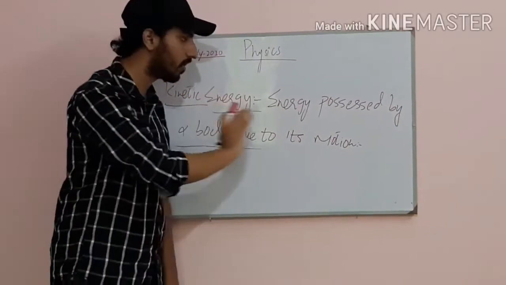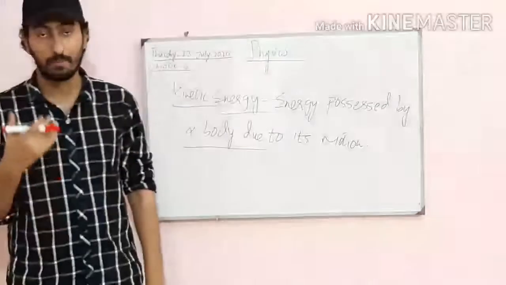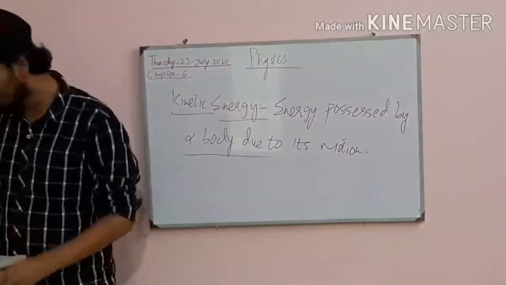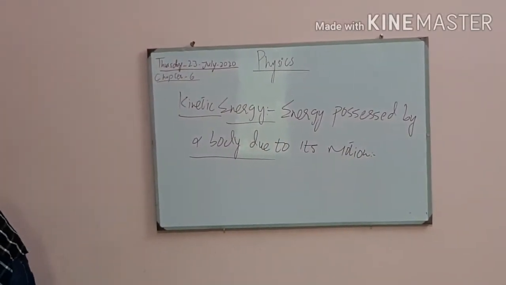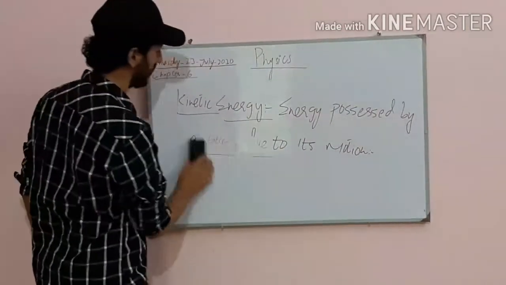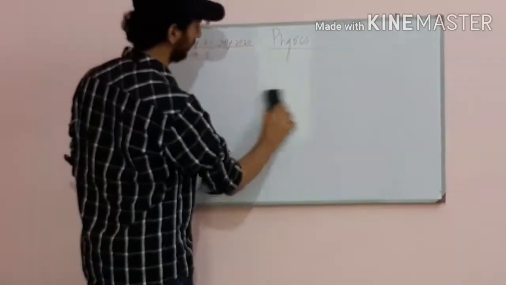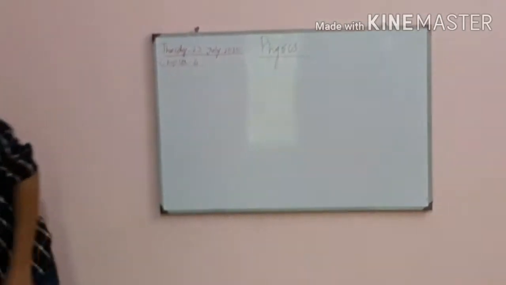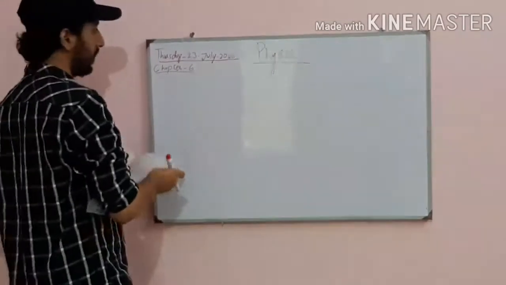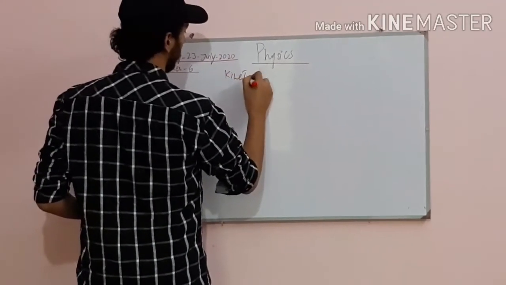For now we are talking only about kinetic energy, the motion: what functions can be performed when a body is moving, and the energy possessed by that body is due to its motion. So I am going to give you an example of a mass that is moving with some velocity. Now you have to concentrate on the mathematical values of the equations. Kinetic energy.